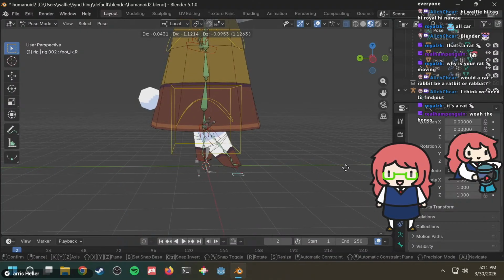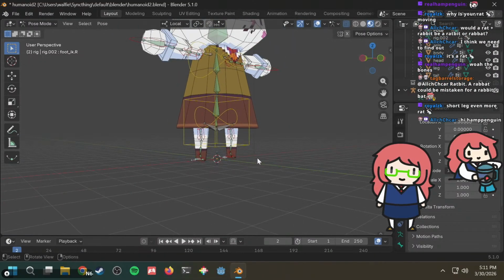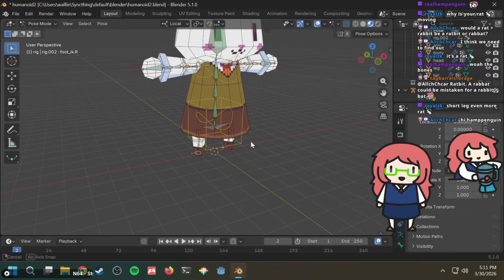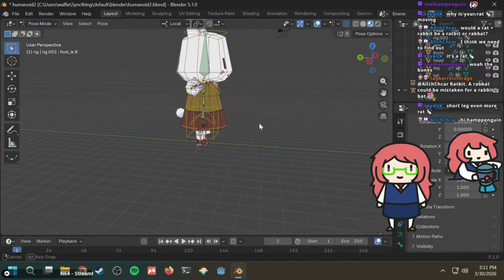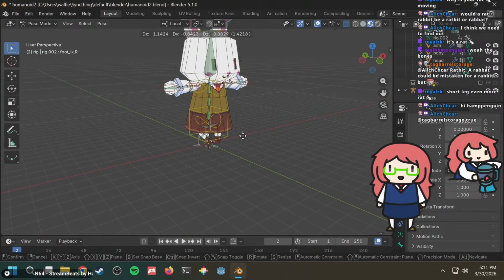Like this. It can't even touch the ground. What the heck? I can't believe this. The bones, it does have bones. Short leg, even more rat. No, it's definitely a rabbit for sure.